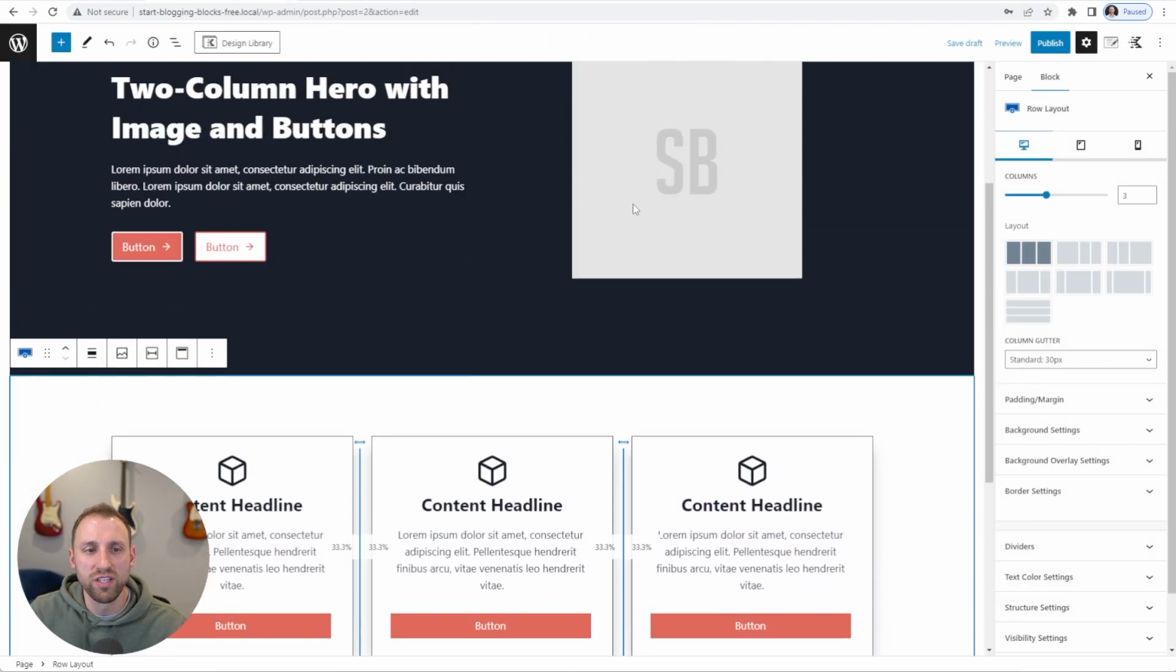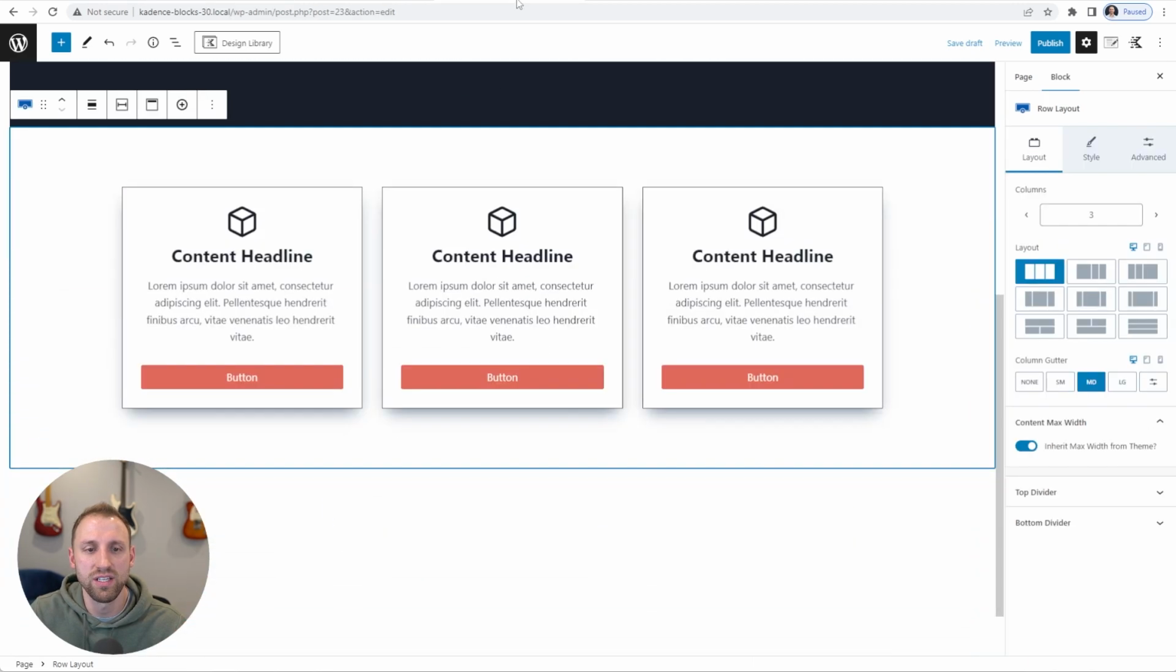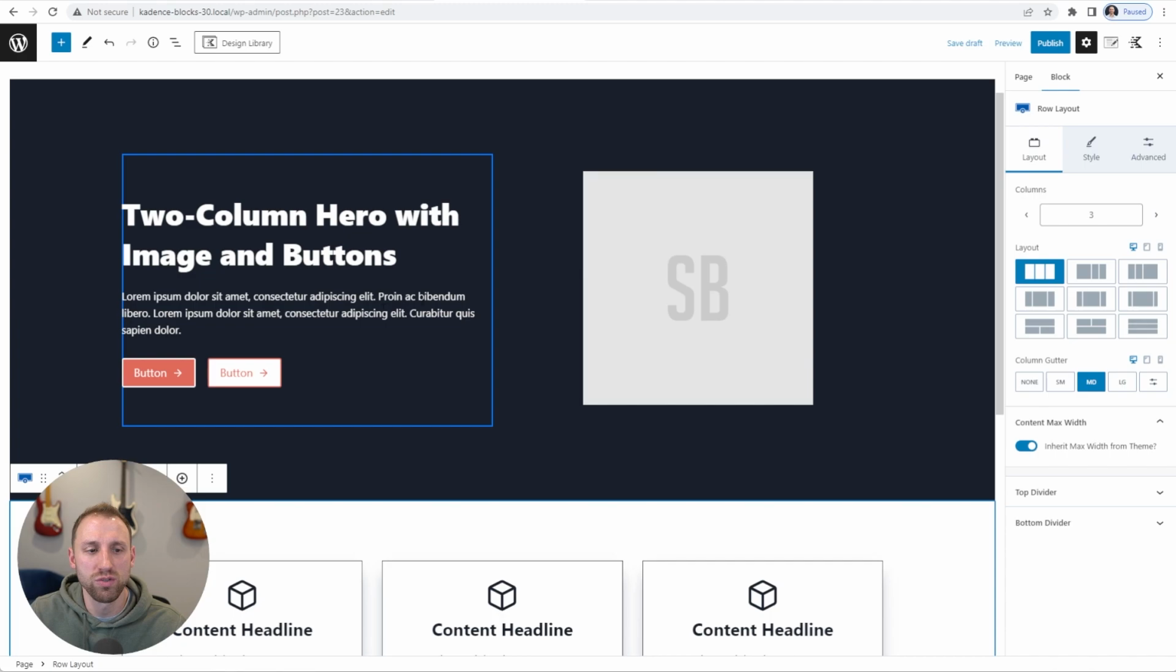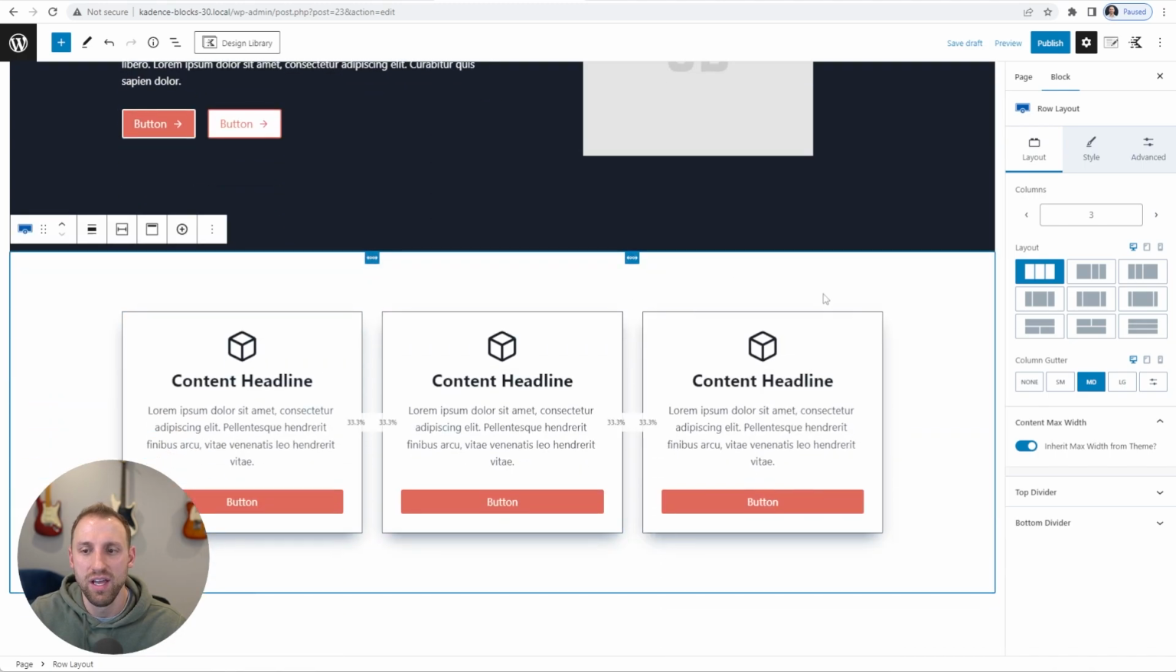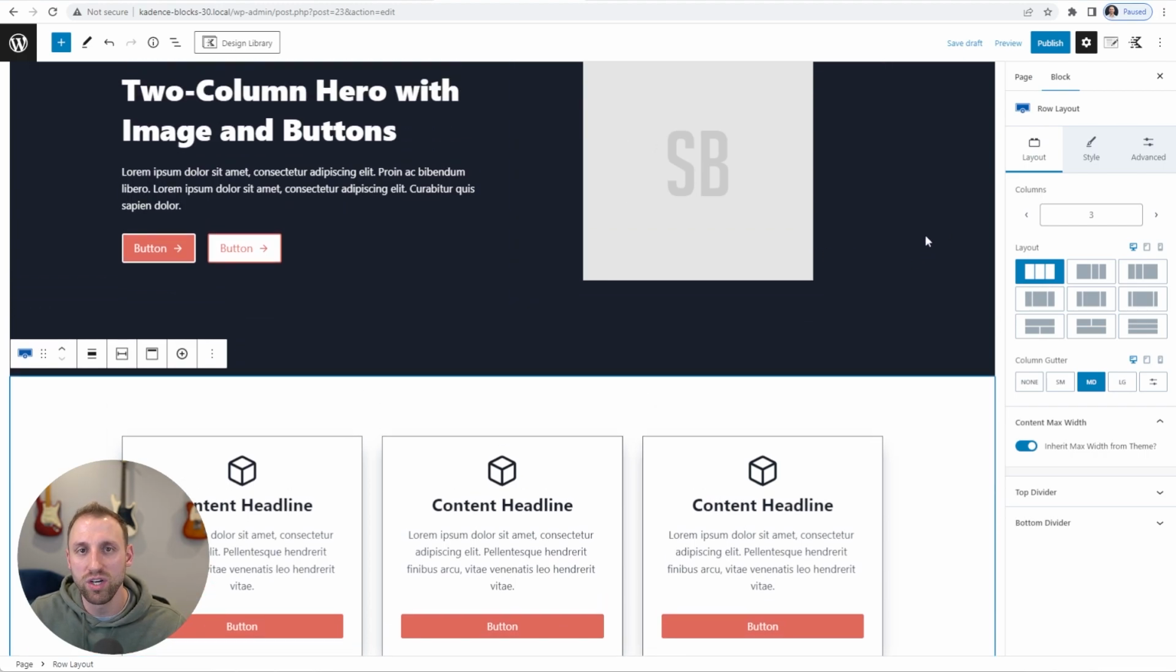So if we go back to the old one and scroll up, we can see that we have the hero section and the 3-column content section. And then on the new page here, we have the hero section and the 3-column content section. But the difference is that all of the block settings are completely updated now. So they look the exact same, they work the exact same, but now you have a whole new set of